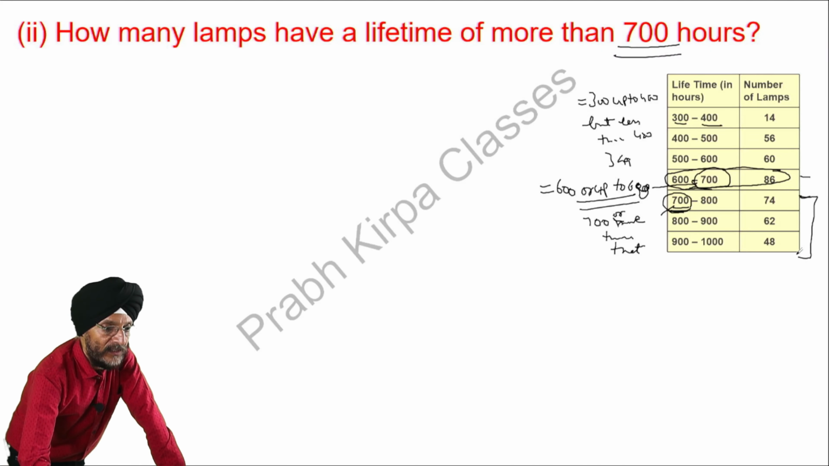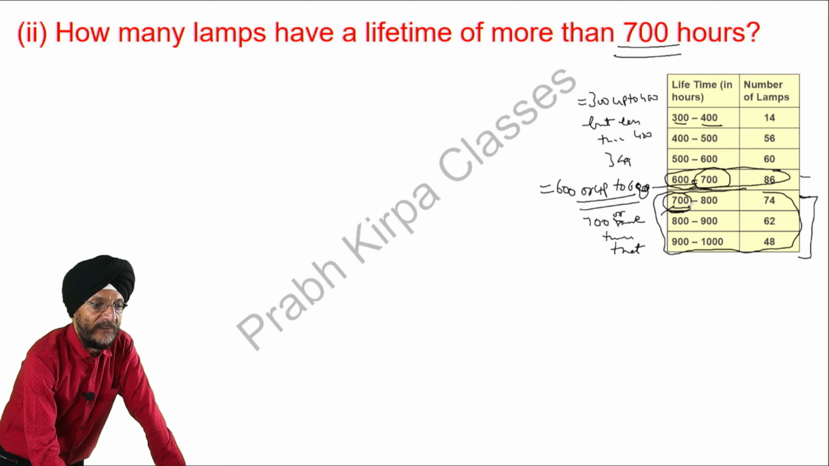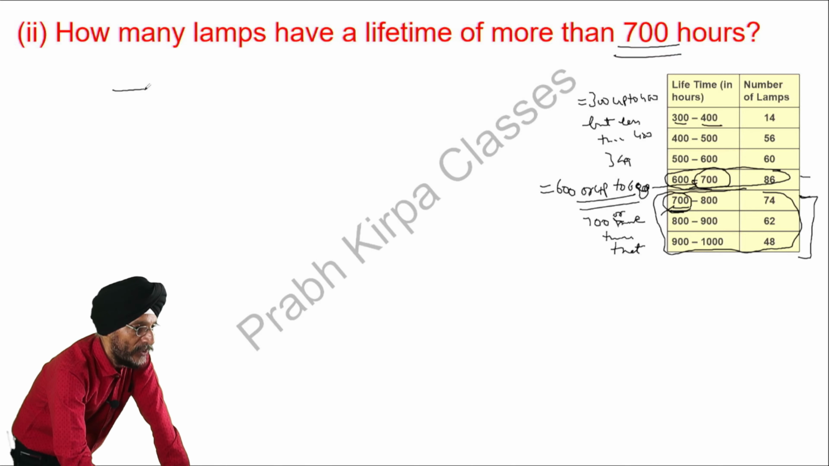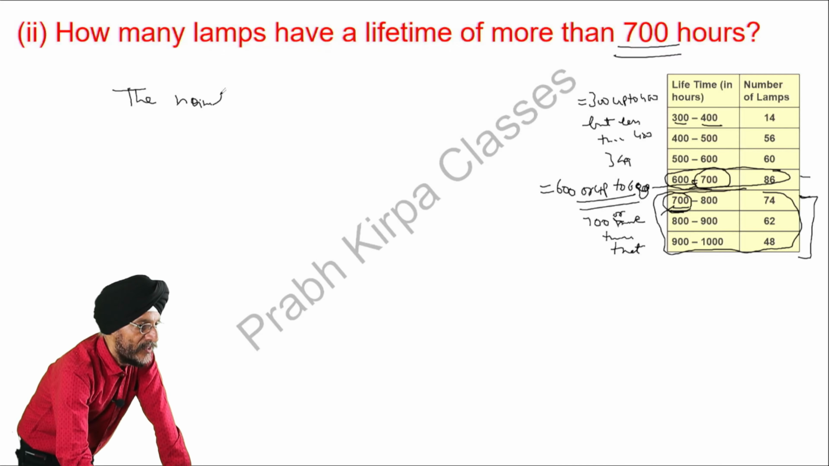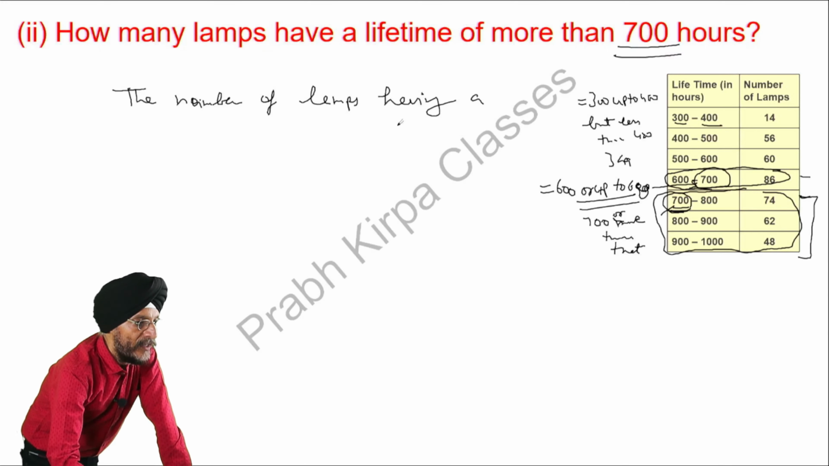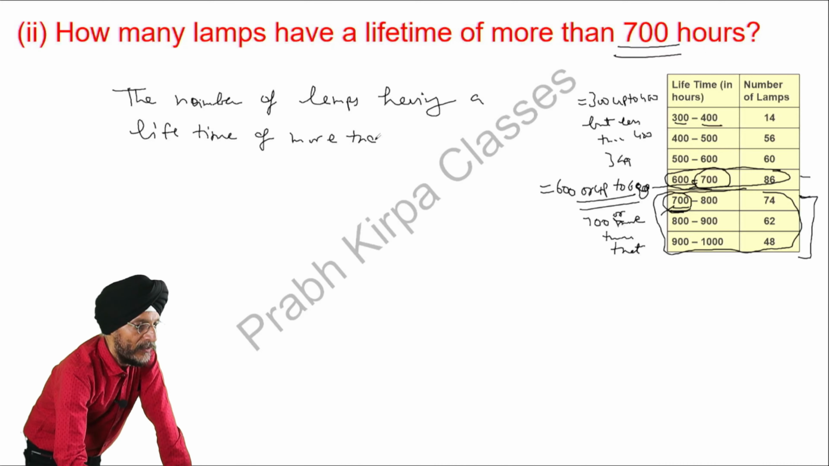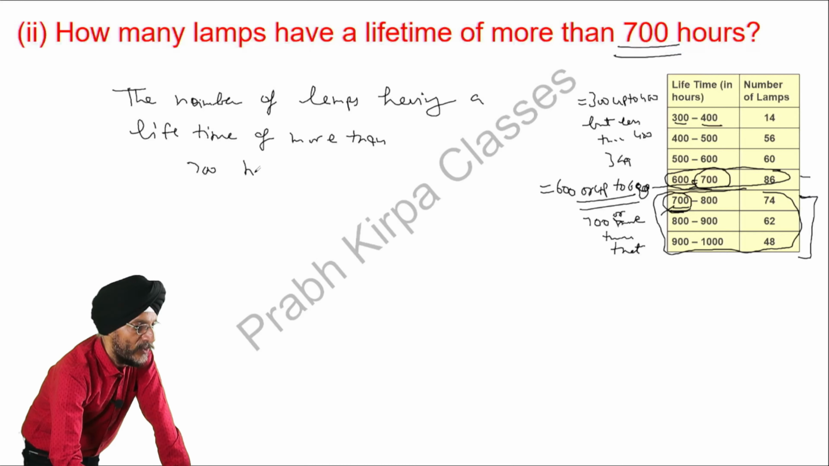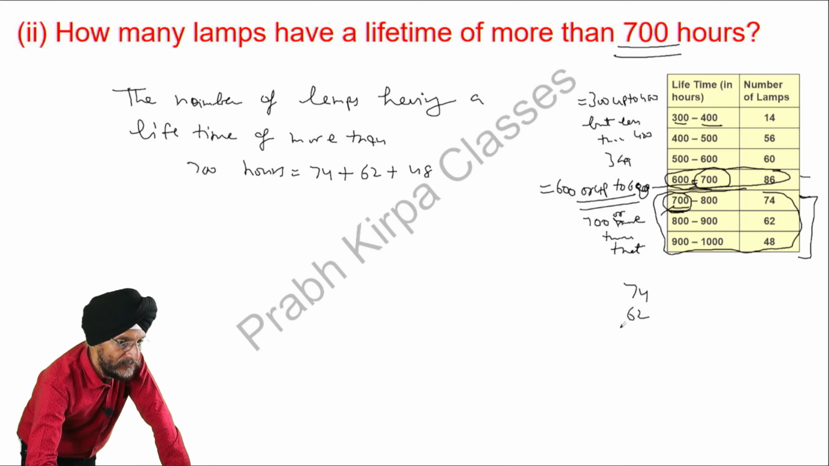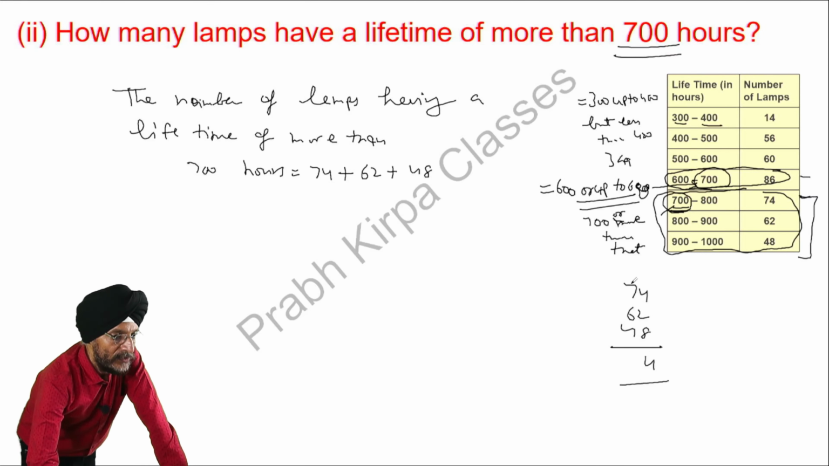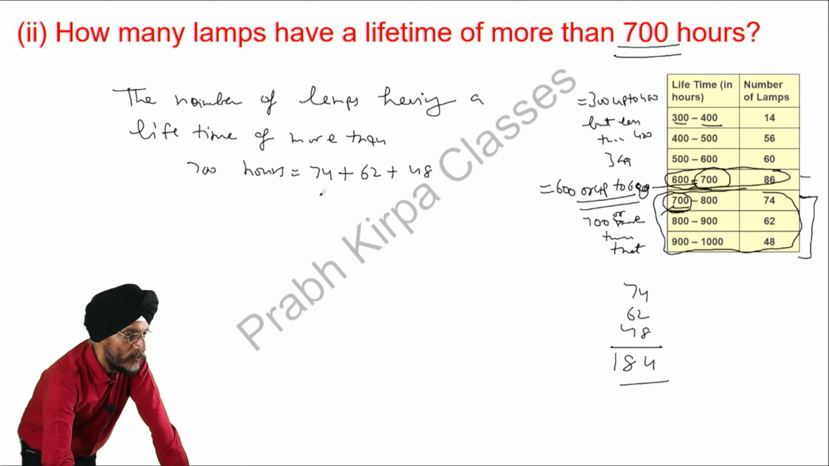So all this data which falls in this category, here all the lamps have the lifetime of more than 700 hours. So we will calculate the total. The number of lamps having a lifetime of more than 700 hours is equal to 74 plus 62 plus 48. We will do rough work. So our answer is